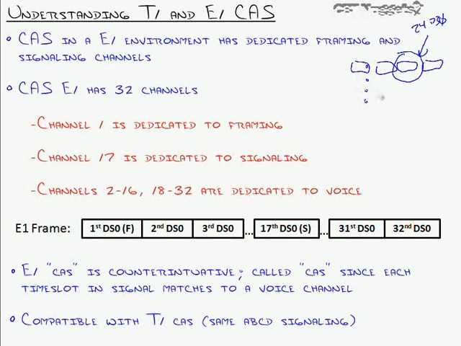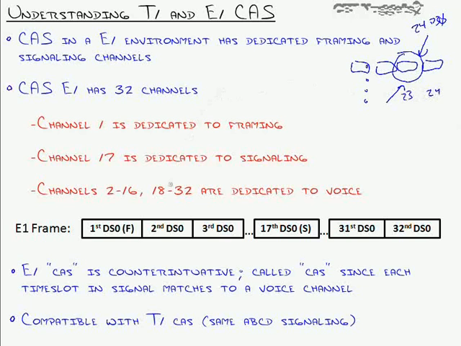So I think with T1, wow, what a benefit. I get a bonus channel that if I used CCS, which will be the next signaling type, I couldn't get, because one of the channels would be completely dedicated to nothing but signaling, and I couldn't use it for voice. So you can see with T1, total benefit, I can use 24 channels instead of 23 channels for voice. With E1 CAS, you don't get the benefit. E1 CAS is pretty rare because you sacrifice quite a few things, but don't get any return on your investment. For example, with T1, I at least got the 24th channel. Normally I can only use 23, but now I can use 24, like I mentioned.